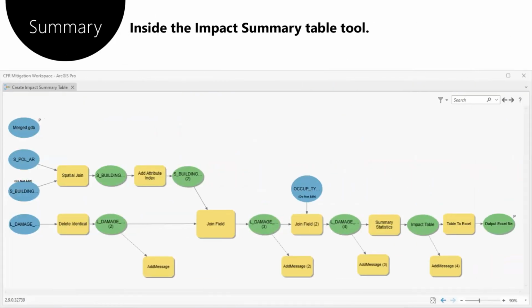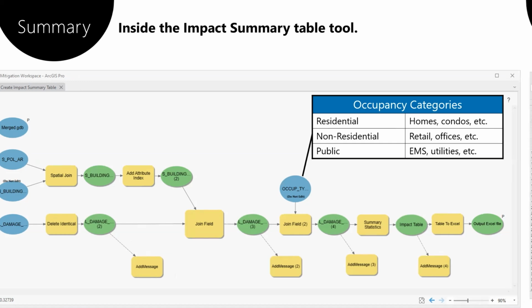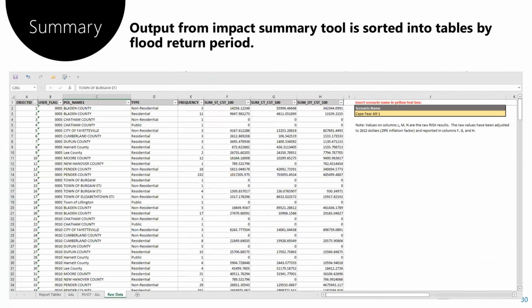Here's a look into this impact summary tool that we just put together in Model Builder. Our occupancy categories that we're bringing in are broken down into 3 general categories: residential, non-residential, and public. Residential, of course, you're saying your homes; non-residential, retail; and then public would be like our utilities or public works facilities. Once we have all of those attributes together, then we can go ahead and put together our impact summaries,